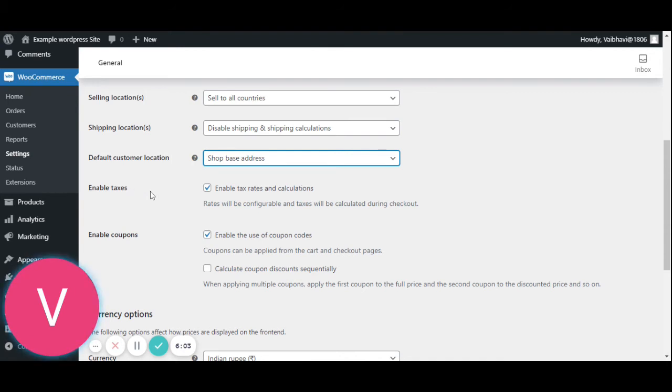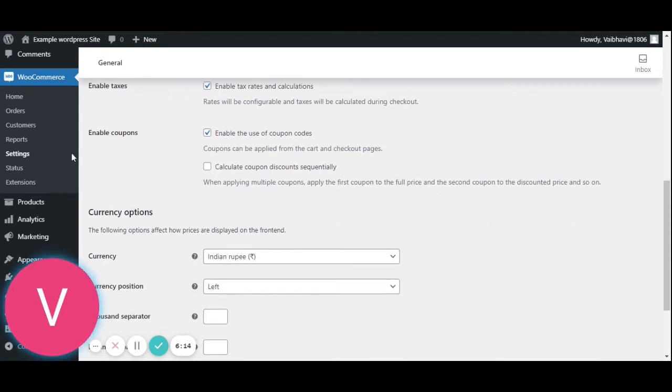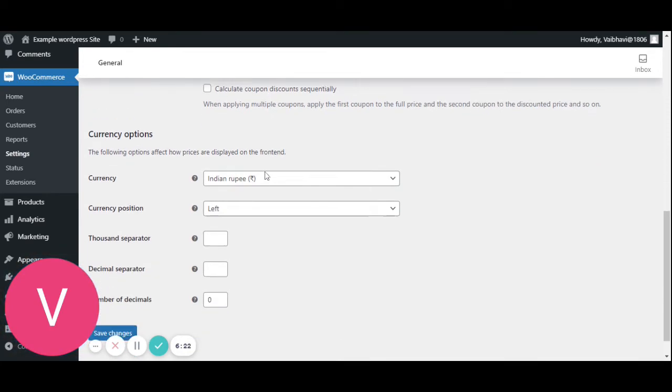Then you have enable taxes. Enable taxes is where if you check this during checkout, WooCommerce will automatically calculate your tax rates. Then you have enable coupons. If you have any coupon codes, your customers can enter it while checkout.